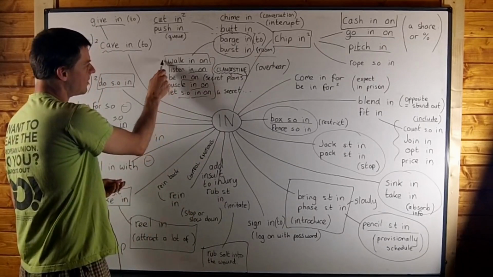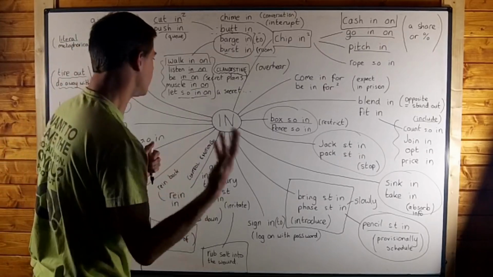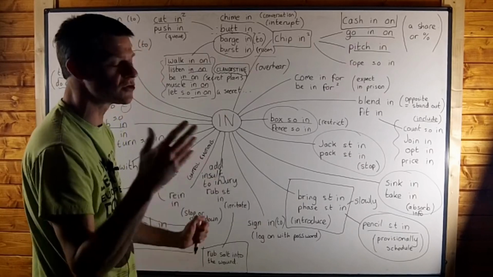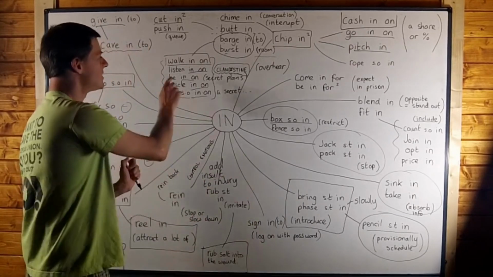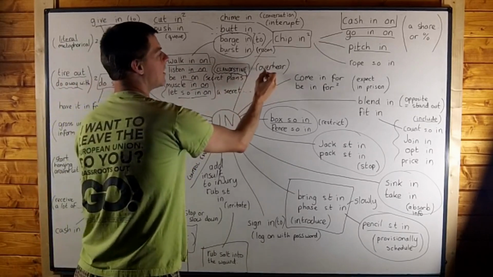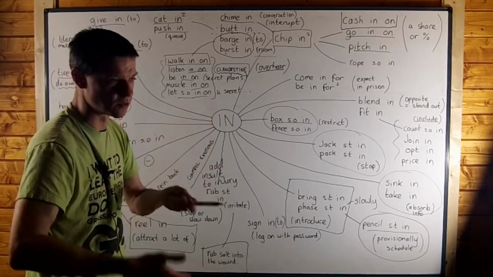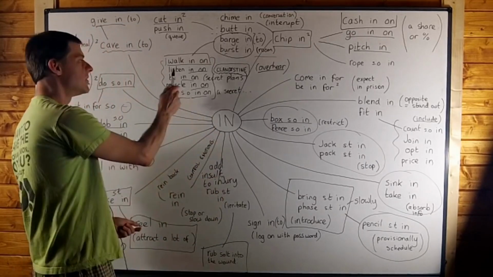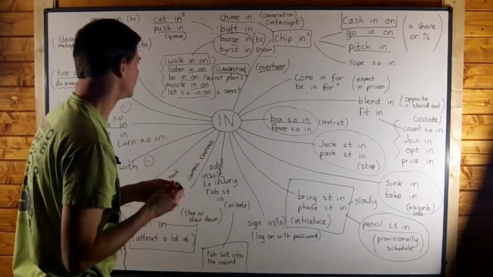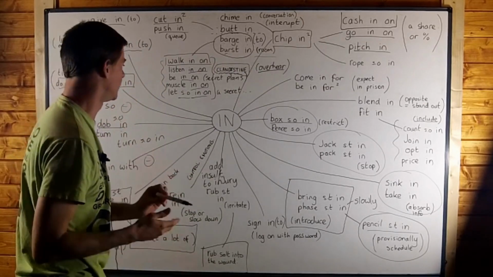Now I think this one is similar to all of these other ones here, because if you listen in on a conversation, you're listening in on a secret. You're listening in on something which you're not supposed to hear. So we say listen in on, which is like eavesdrop. It's different from over here, which is accidental. You don't do it on purpose. But when you listen in on a conversation, you're doing it on purpose. You're trying to hear some kind of secret which you're not supposed to hear.